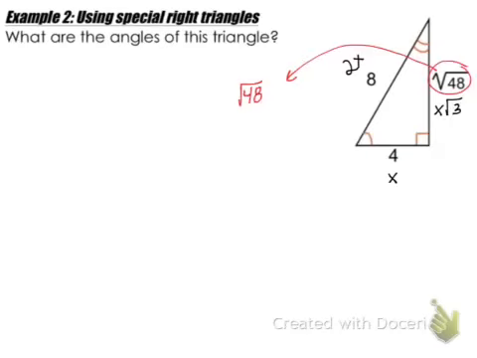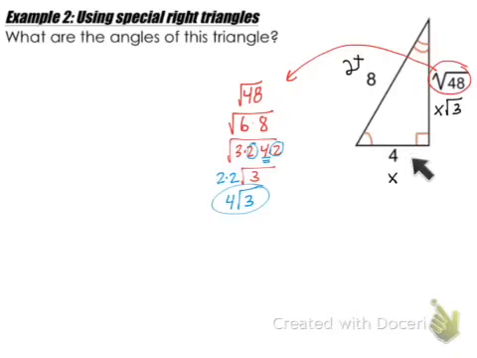When I simplify the radical of root 48, I'm pulling out any perfect squares that I can. So I'm going to break down 48 to be 6 times 8, or square root of 6 times 8. Then if I simplify 6, you get 3 and 2, and if I simplify 8, you get 4 and 2. So I have a pair of 2's, and I'm going to pull that out outside of the radical. And then the square root of 4 ends up being just 2. So I'm left with a radical 3 inside the radical. My final simplification of square root 48 ends up being 4 root 3, which is the short leg